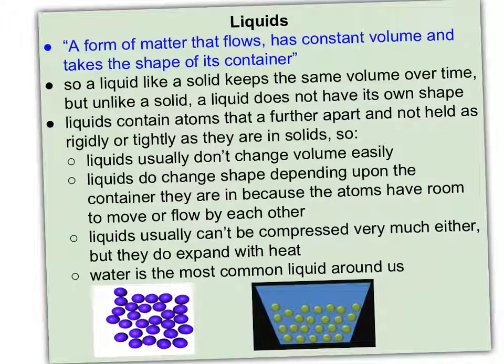Liquids are defined as a form of matter that flows, has constant volume, and takes the shape of its container. So, like a solid, a liquid keeps the same volume over time, but unlike a solid, a liquid does not have its own shape. Liquids have atoms that are further apart. They're not held quite as tightly or rigidly in place, so they've got some movement. So liquids don't change volume easily, but they do change shape depending upon the container. They have room to move or flow by each other,